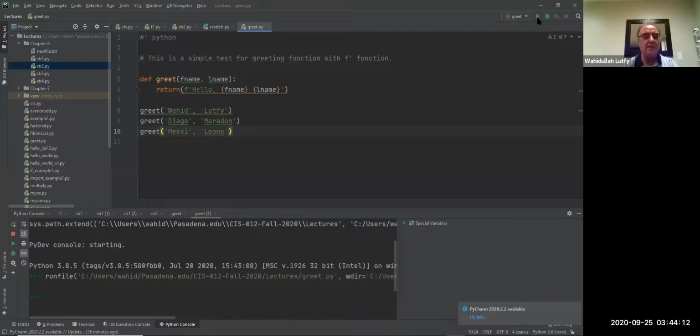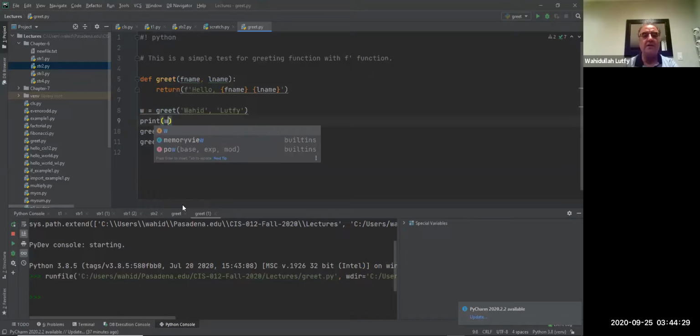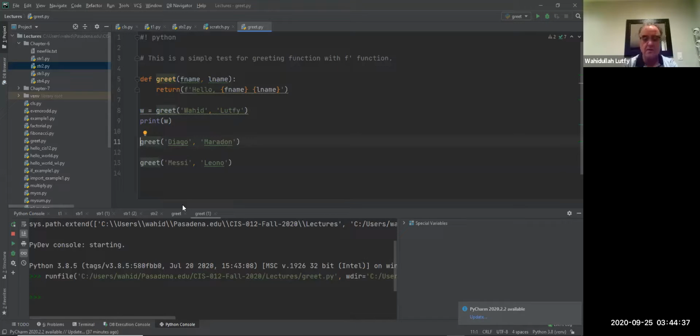it did not print anything. It just gave me this because at this time I have to return this one to say, let's say Wahid is equal to this, and then print Wahid, because that result is actually a string object called Wahid. And then the same thing with Diego, D is equal to that, and then print D. And then the same thing with Messi. So M is equal to that, and then print M. So once you do that, if you just run it,